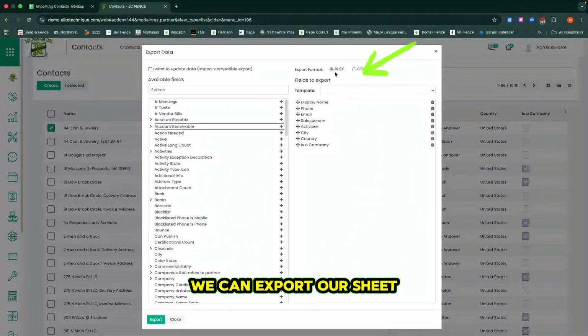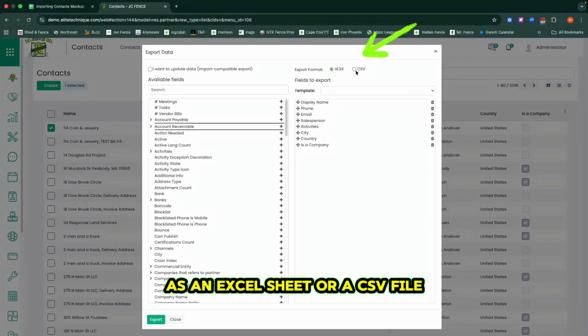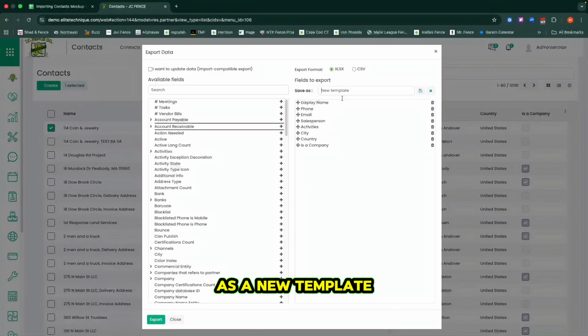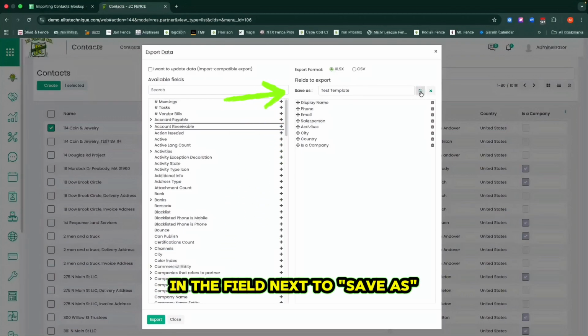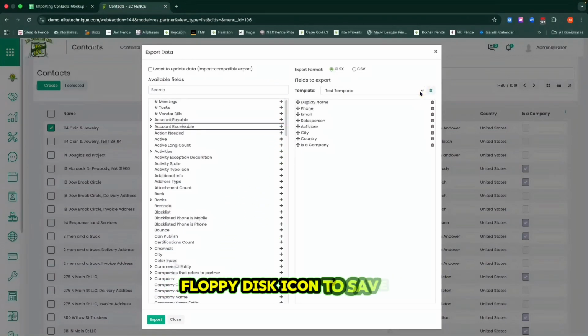We can export our sheet as an Excel sheet or a CSV file. We can also save this export sheet as a new template, so the next time we want to export a contact list, we don't have to undergo all this template configuration. Give your template a name in the field next to Save As and click on the little floppy disk icon